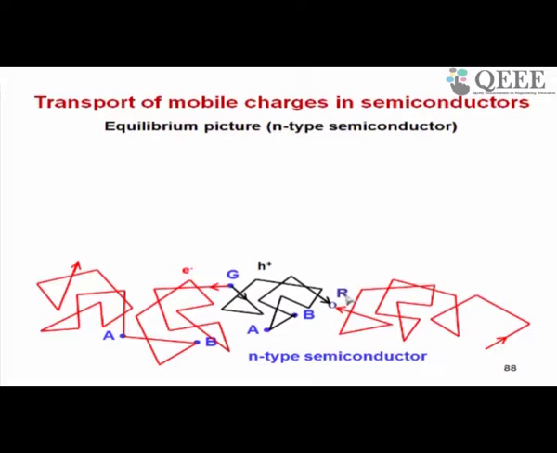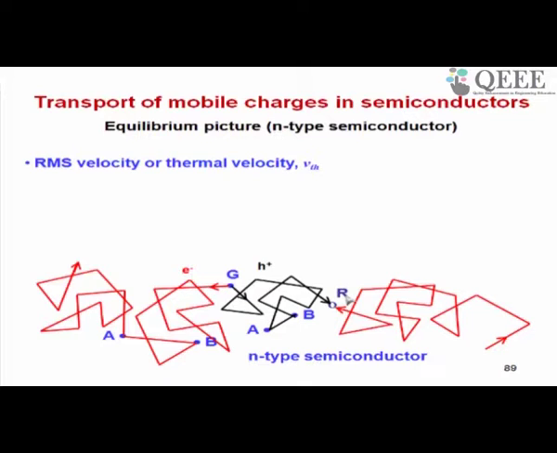Okay. Now let us define some quantities associated with this motion. So the first important quantity is the root mean square velocity or thermal velocity. This is called root mean square velocity because it is an average of the velocity for many carriers. You are now dealing with a large number of carriers, so you talk in statistical terms. You cannot talk about every individual carrier, right?